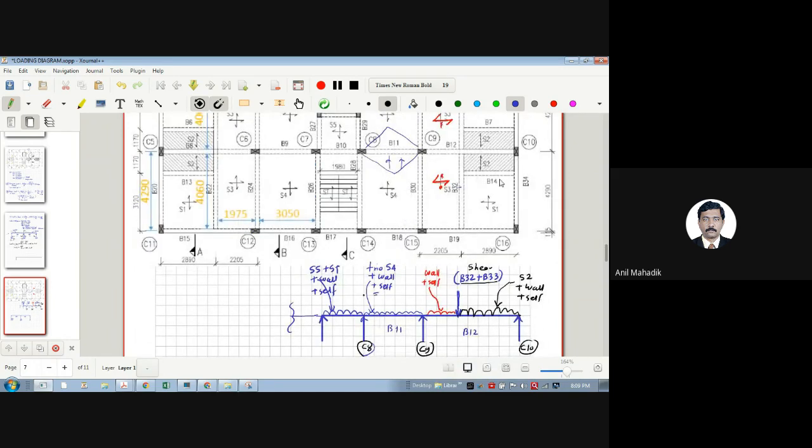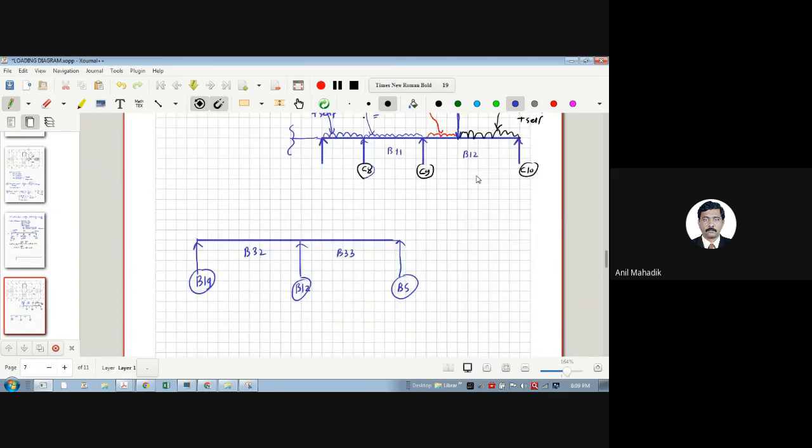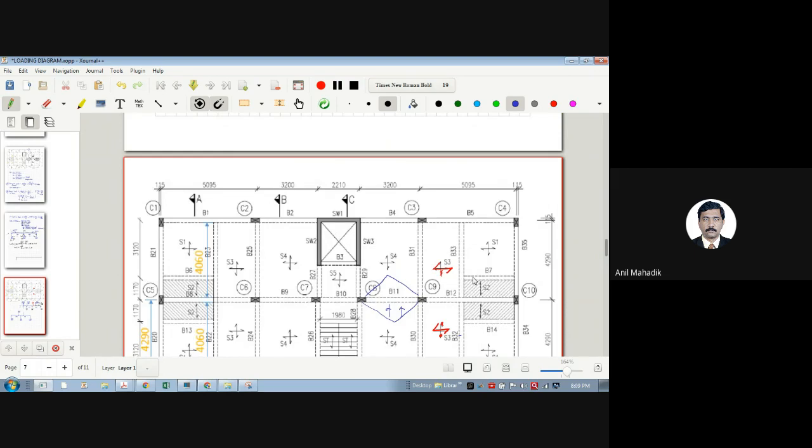Now again you will see that there is a point load coming from the B14। तो यहाँ कहाँ तो है वो, ये this is my B14 point load here, and here my B7 point load।